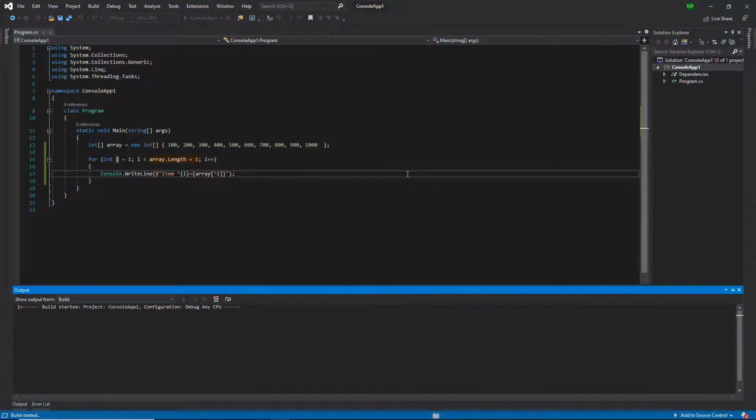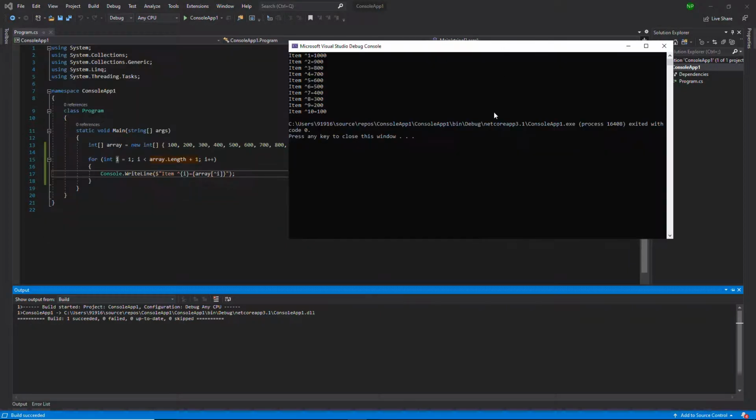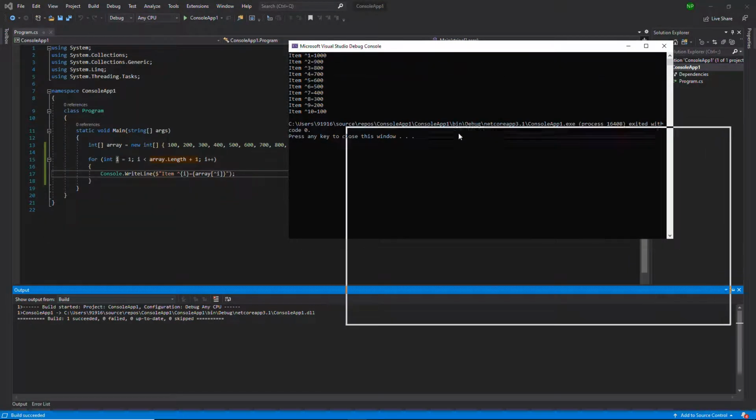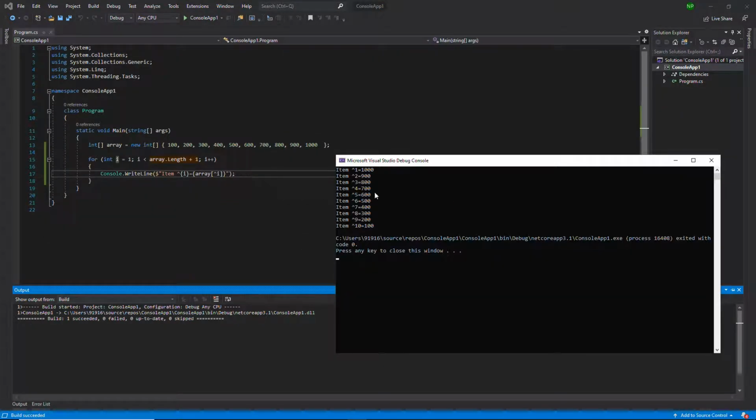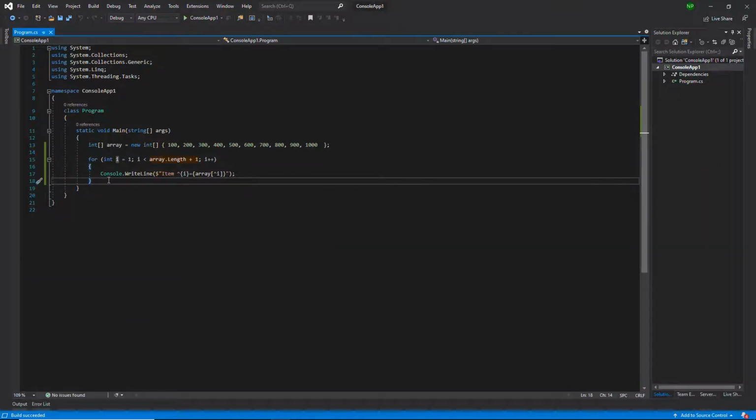So you can see here, when I have used the caret symbol along with the I variable, all the values are changed. But if you directly use the index, that would not be the case.